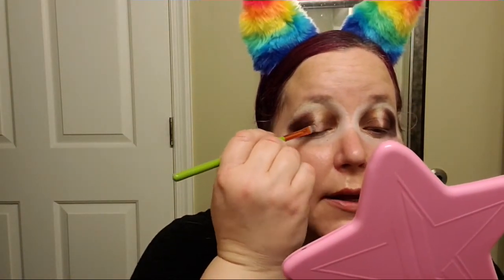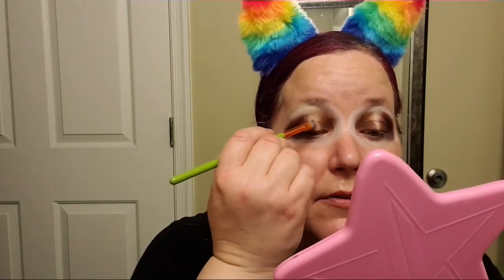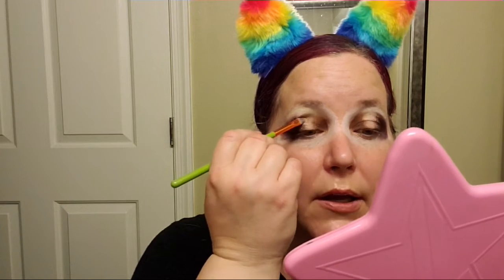I normally wouldn't like 82 degrees. I would think that was too hot. I usually like about 65 to 75 degrees with low humidity, but there was like no humidity today, which is so unusual for the area I live in, because Washington, D.C. was built on a swamp. So usually we have the craziest amount of humidity ever, but there was no humidity today, and it was so